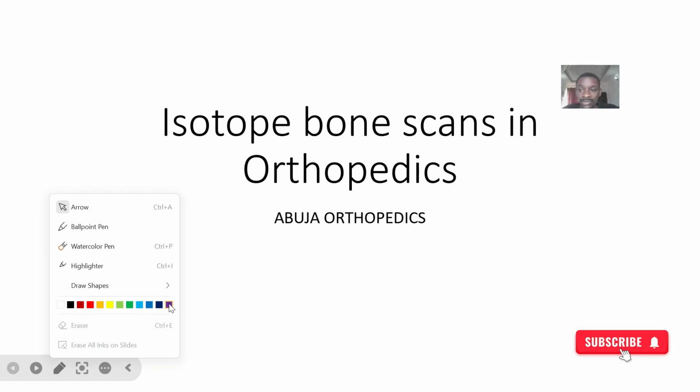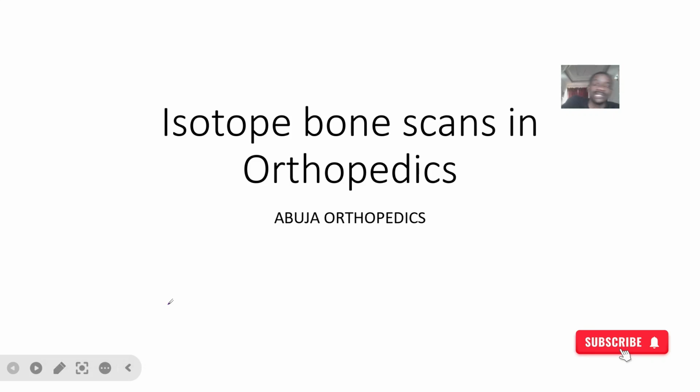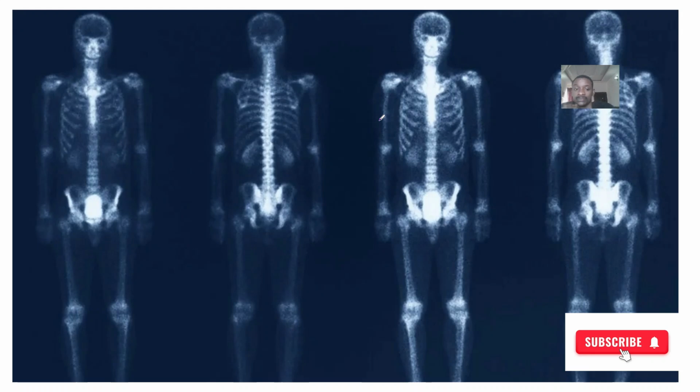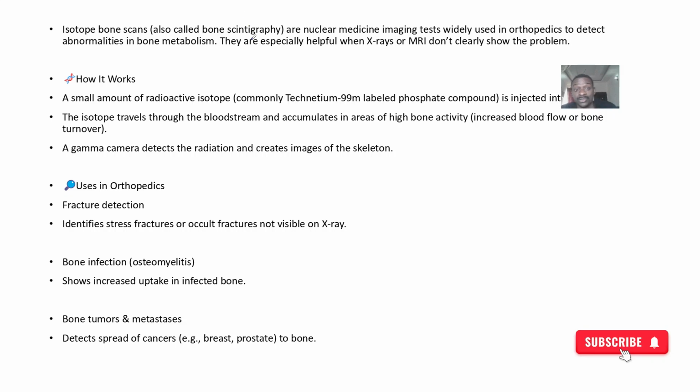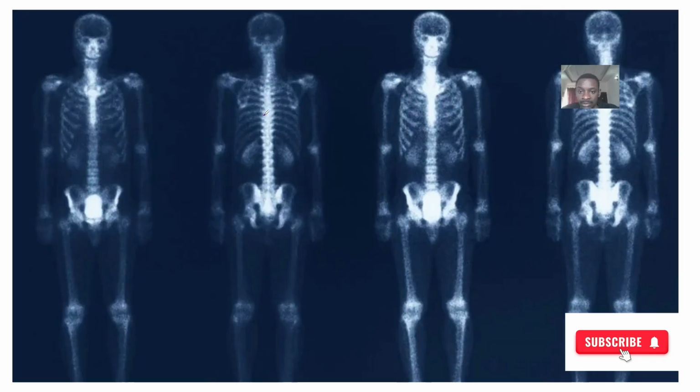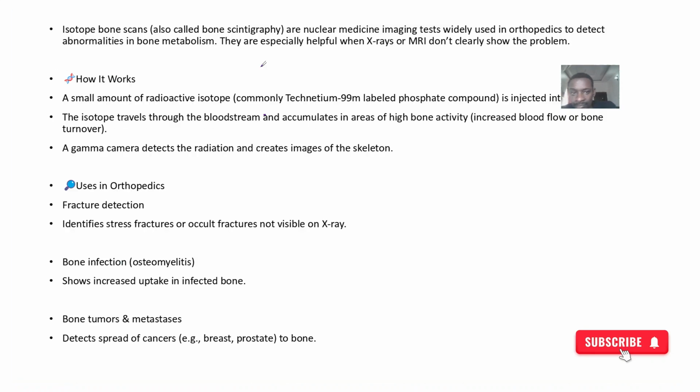All right, so we're going to look at another bone type of imaging, and this is what is known as the isotope bone scans. So the isotope bone scan is also known as what? Bone scintigraphy. You can see that for the places that they want, the image is enhanced. They are actually nuclear medicine imaging tests, usually used in orthopedics,